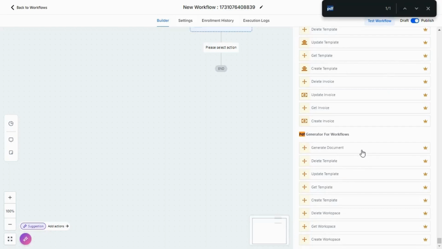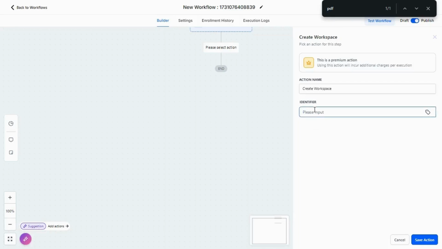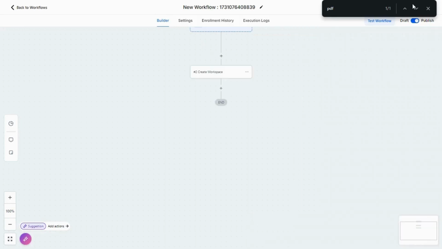These are the actions provided by PDF generator for workflows. You can use these actions in your workflows to create your own automations. You can generate document, delete, update, get, create template, delete workspace, get workspace, create workspace. Let's just create a workspace, name the identifier, save this action,